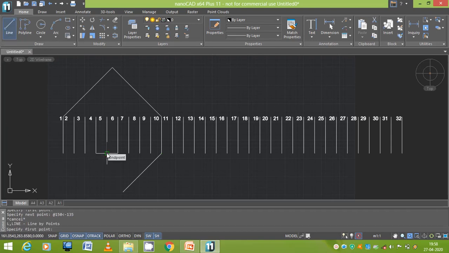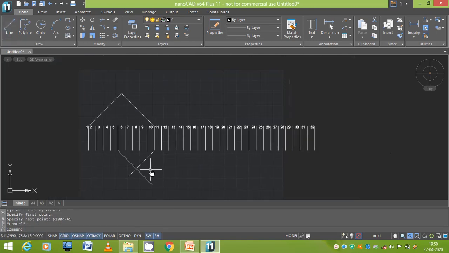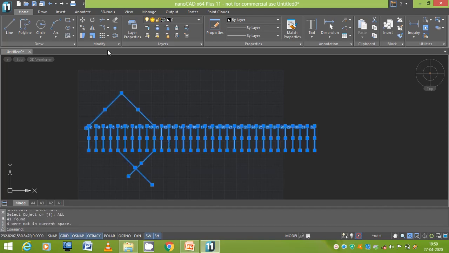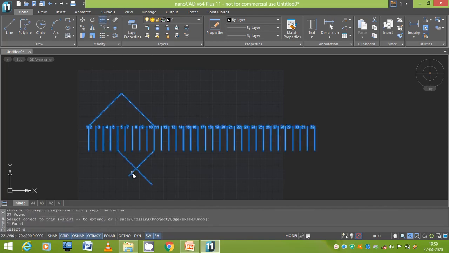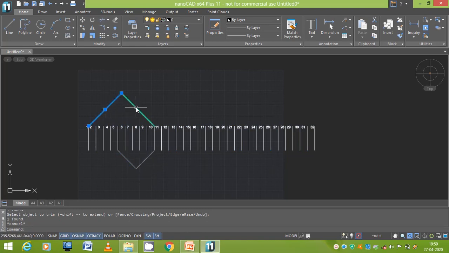So this is your fifth conductor at an angle of minus 45 degrees. Then Control A, and again trim the unwanted portions. Now I am ready with one back end and one front end connection.